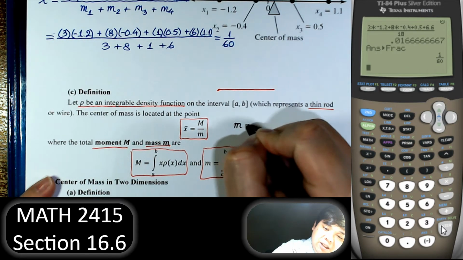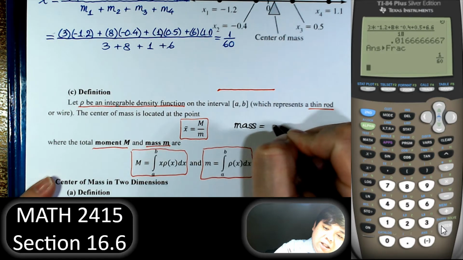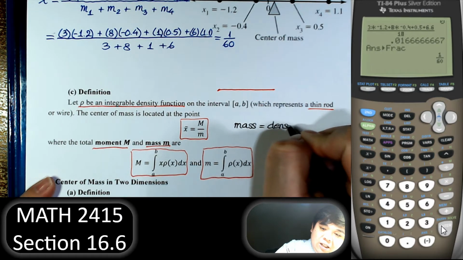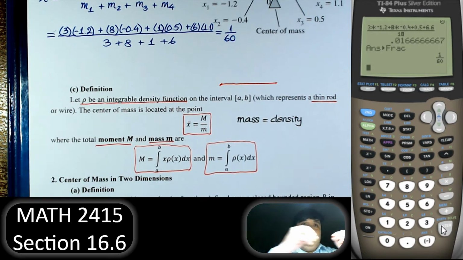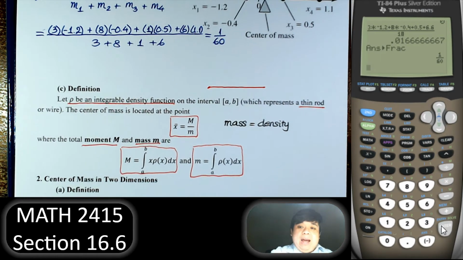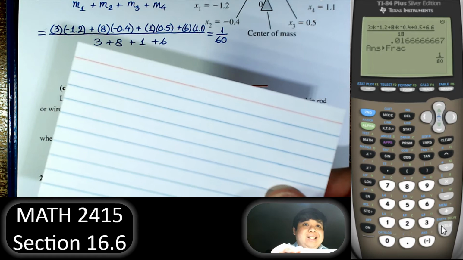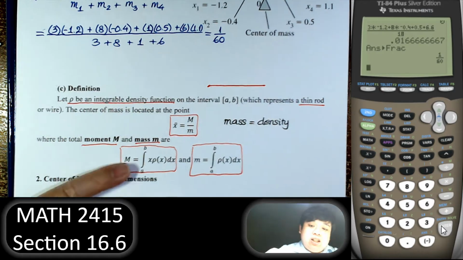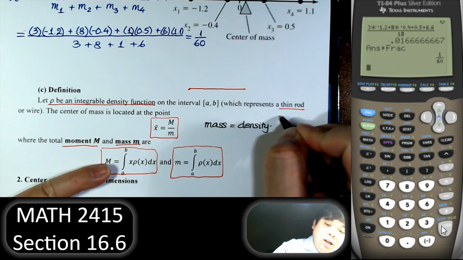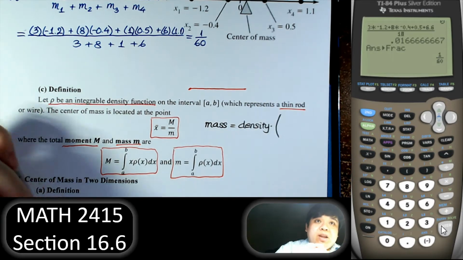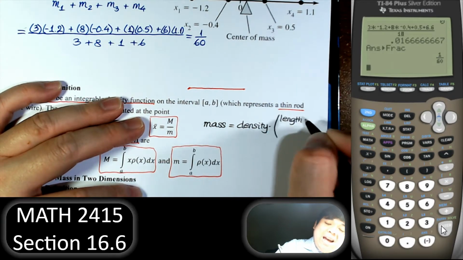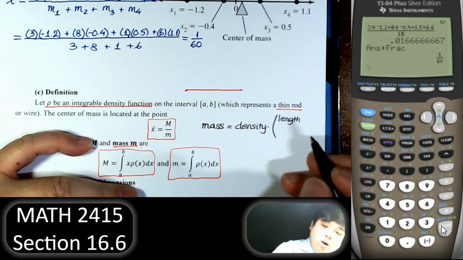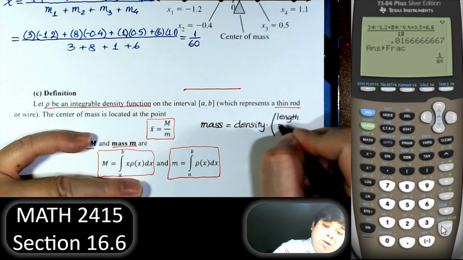Mass is equal to density times, depending on whether we talk about the mass of a wire, a thin rod, a thin plate, or an object, either length if we talk about a thin rod or a wire, or